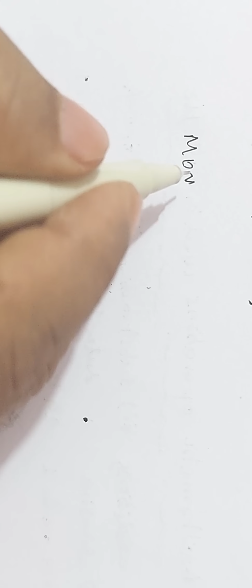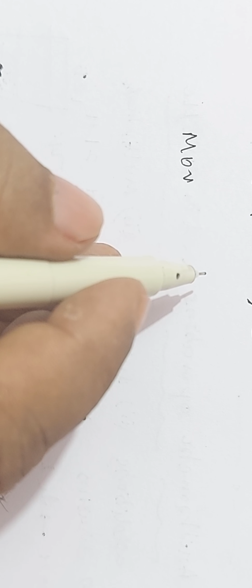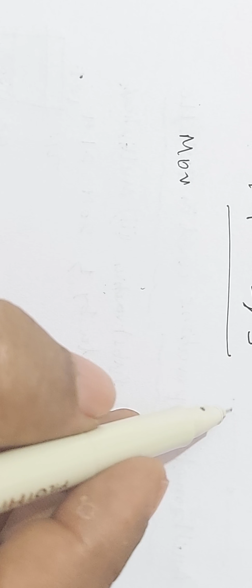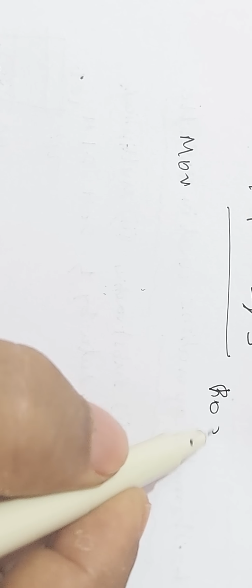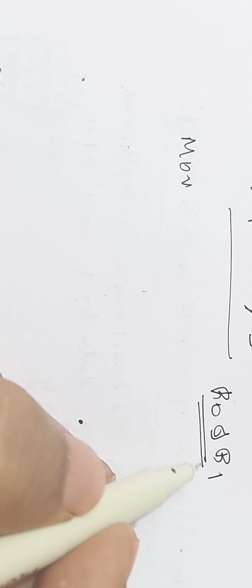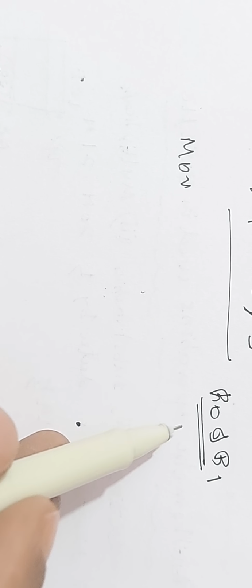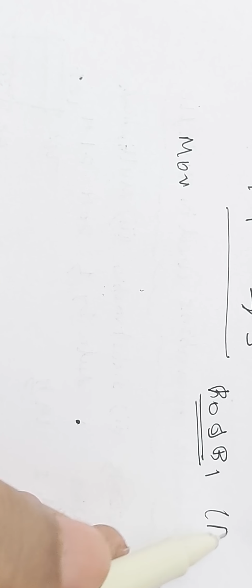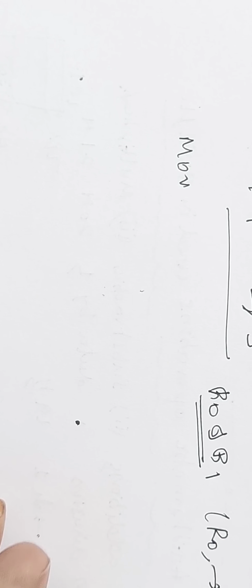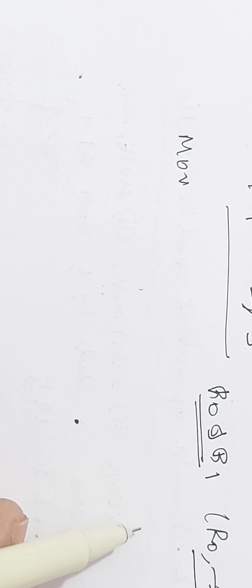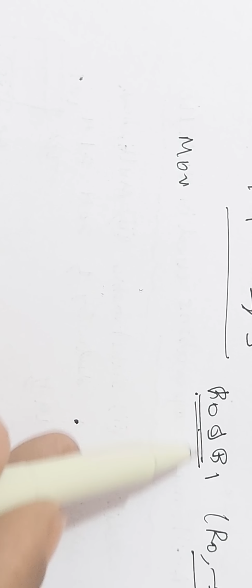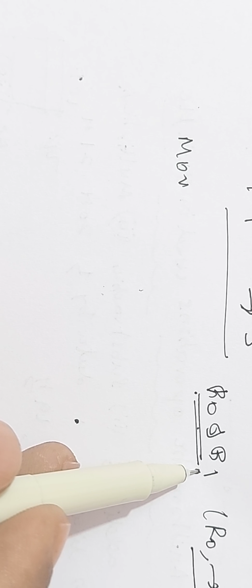I will give you some other examples for indirect addressing mode. For indirect addressing mode we use only two registers that we know very well, the register R0 and the register R1. Only two registers are used for indirect addressing mode. But registers R0 to R7, a total of 8 registers, are used for register addressing mode. But for indirect addressing mode, we use only two registers, R0 and R1. It should be noted carefully.